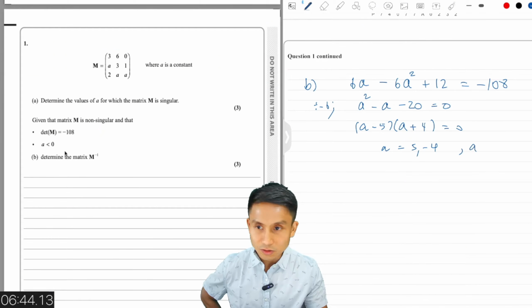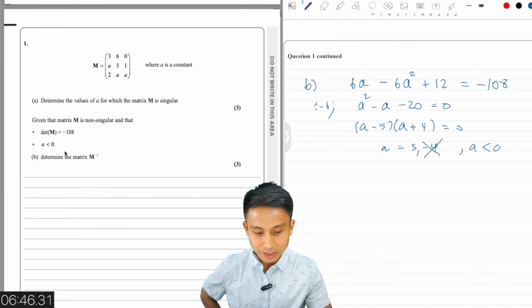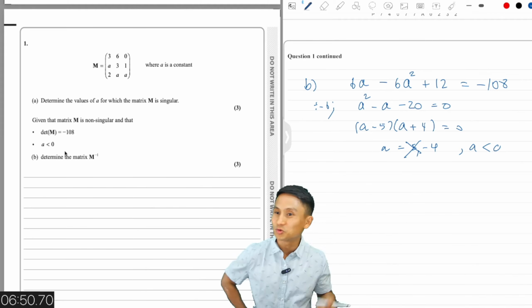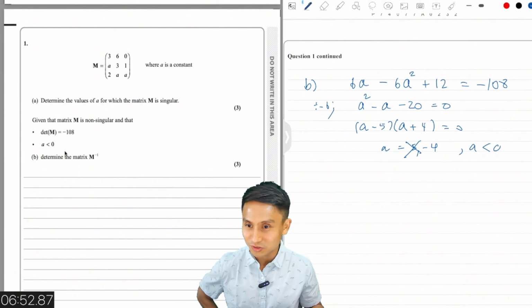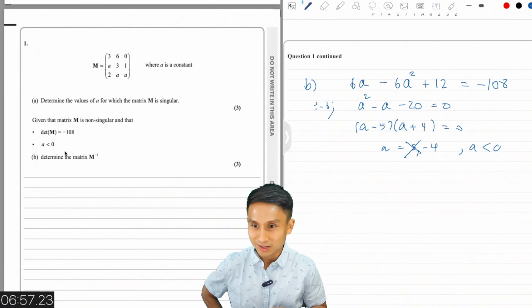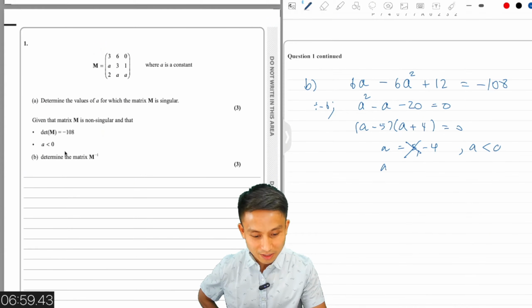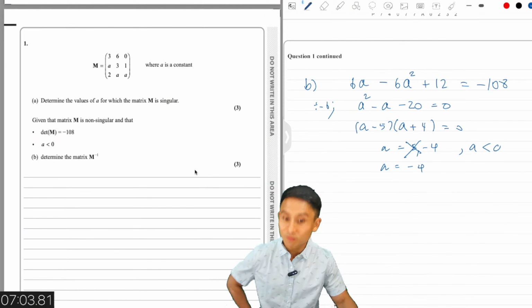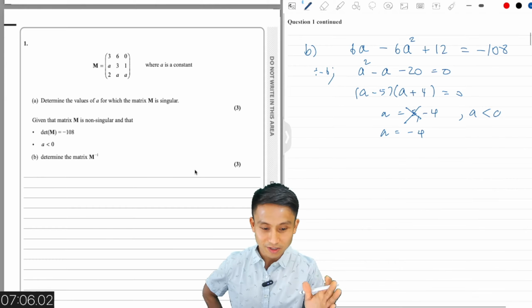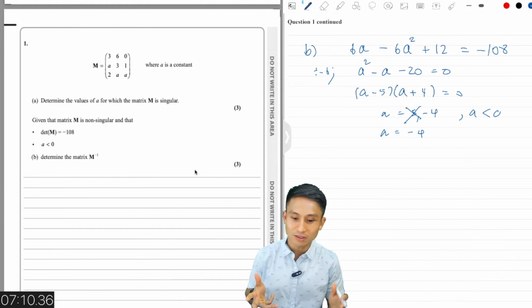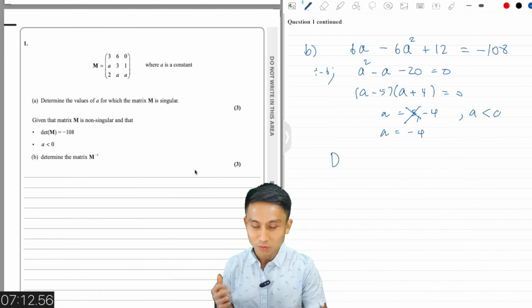So because a is less than 0, we're going to reject that. Wait, hang on. A is less than 0, we're going to reject this. Sometimes you do autopilot, so you've got to be careful not to just go for positive values always. So here, we need a to be less than 0, so a is minus 4. And now we're going to determine the inverse. Now we have the determinant. The steps of finding the inverse is to first find the determinant. We have done that. Second is to find the minor,